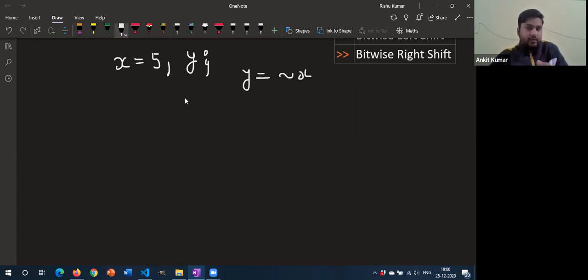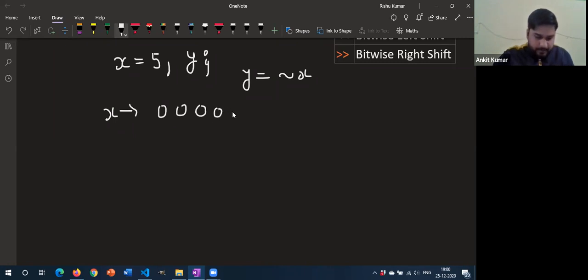As I just told you, bitwise operators perform the operations on bits of the data. So your data here in this case is 5 and we have to perform on the bits of this 5. So let us first convert this 5 into binary form. How can we write this x? I have told you the conversion. In 8-bit, I will write it as 0 0 0 0 0 1 0 1. So this is the 8-bit representation.